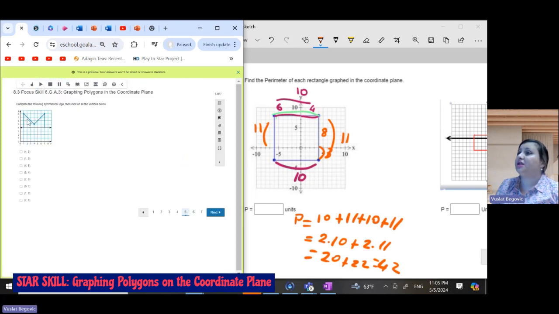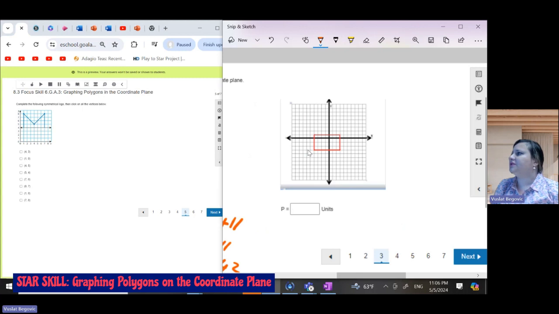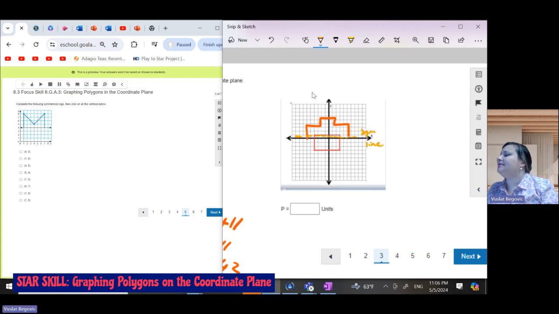This is very important, especially in calculus. You will use symmetry too. Complete the following symmetrical logo. Then click on the vertices below. So you will make the same shape in here. For instance, I'll just do this differently. Here, if they give you a shape like this, if I am talking about the symmetry, then this is the symmetry line for me. And then this will have the same shape as,